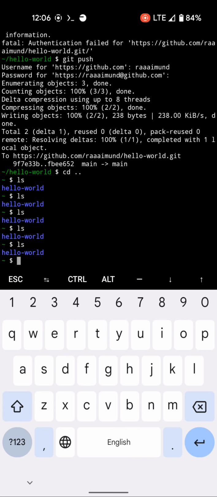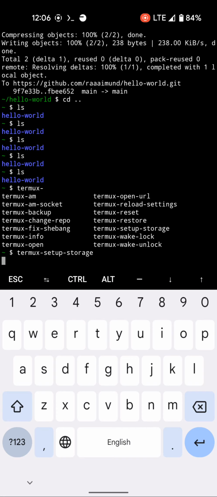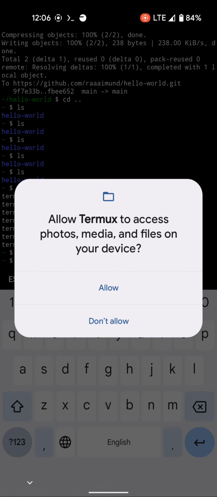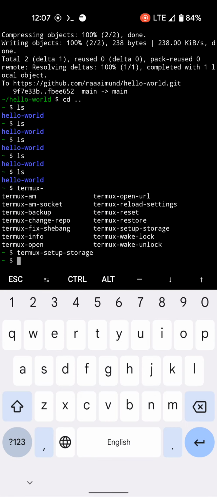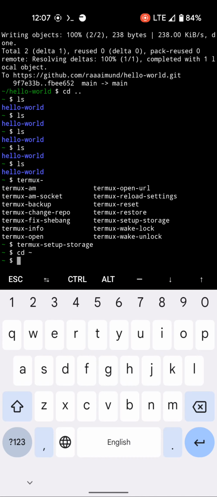So what we have to do is to set up the storage. For that, there's a command in Termux, and you can use again this tabulator. There's termux-setup-storage. You have to do this, and then it asks you if you want to allow access to media and files on your device. Click allow, and now if you switch to your home directory like cd tilde and then ls,